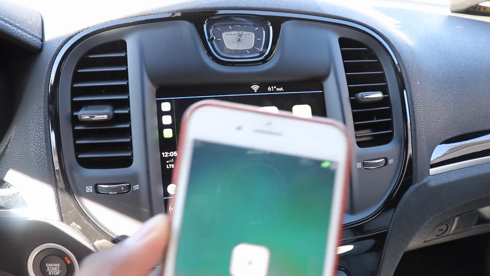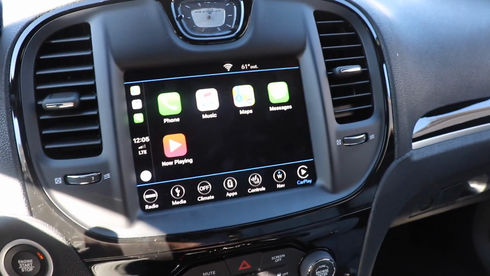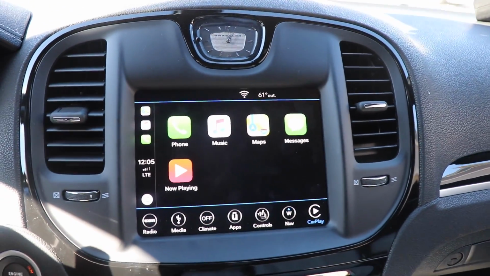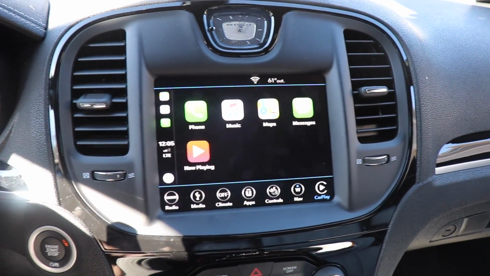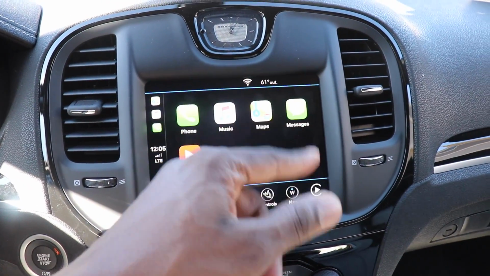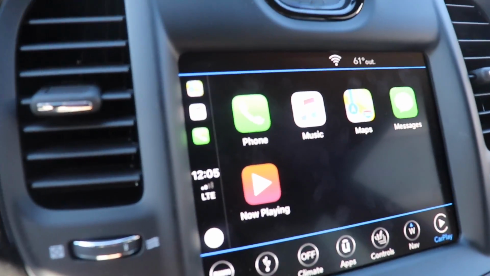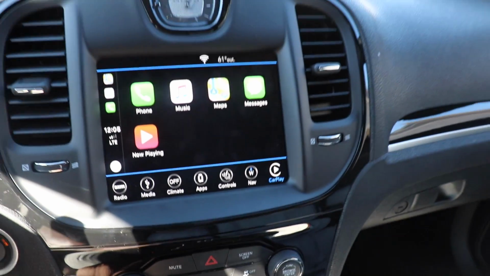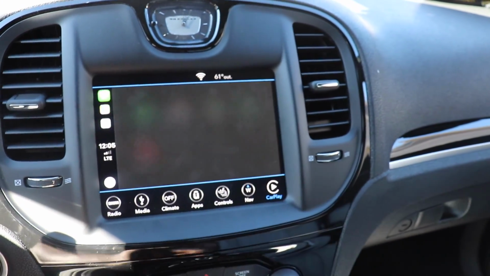Alright, so here's Apple CarPlay, and same thing, you'll get a little notification on your phone saying you hooked up to CarPlay, and this is what it looks like. It looks exactly like an iPhone. You've got the big giant icons though. You can see big icons. If I go to messages,